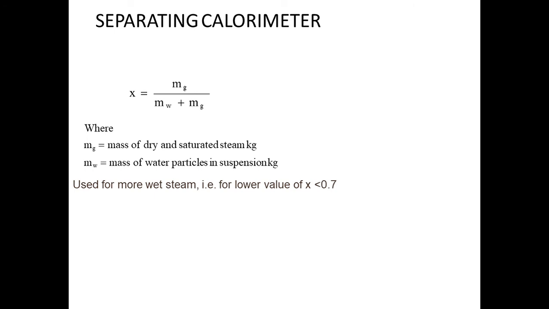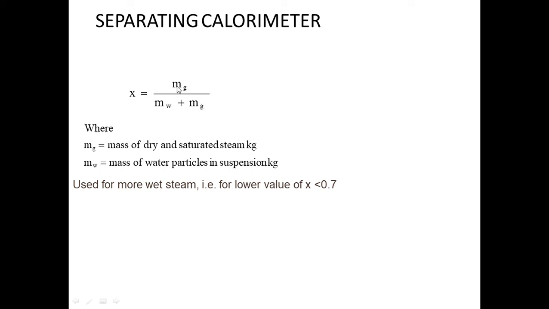Okay, so whatever dryness fraction you measure will always be greater than the actual one. So you should remember what I am saying, because it may come in the examination. Suppose I am measuring this x value with the separating type of calorimeter. Now in that case I will measure the mass of steam and the mass of water. Now these have errors.